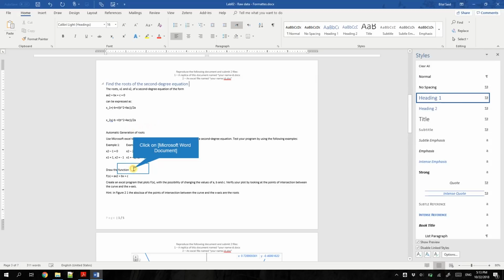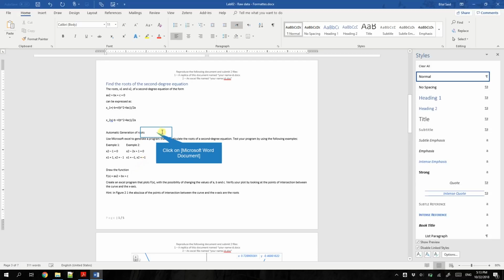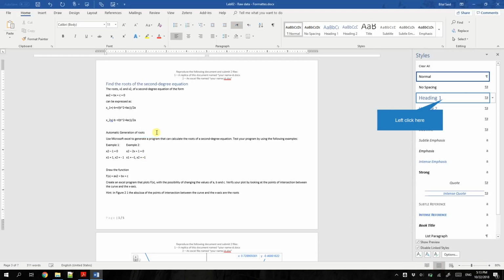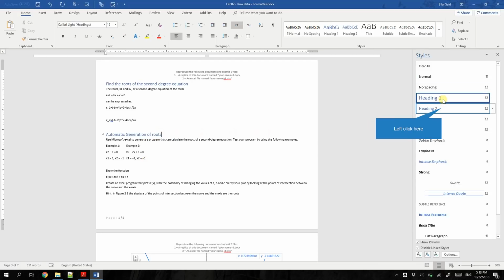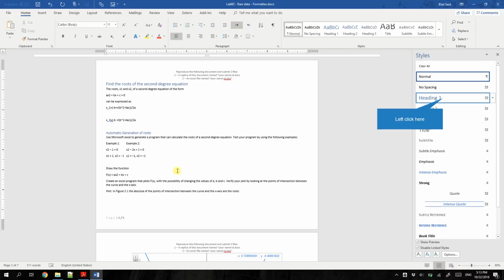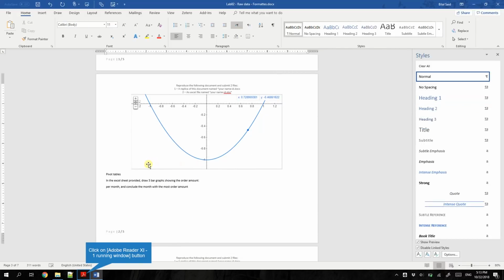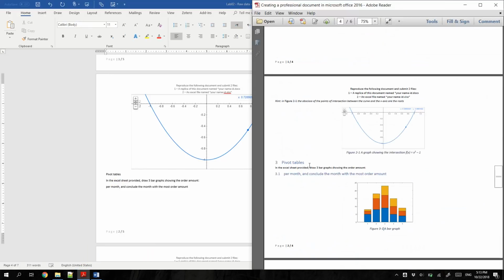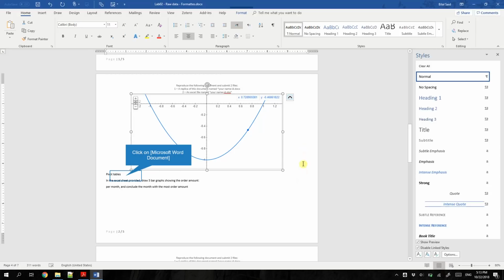I'm going to apply heading 1, heading 2 on this line, heading 1 here, and then for pivot table, I think it's a heading 1. Yes, it's number 3,